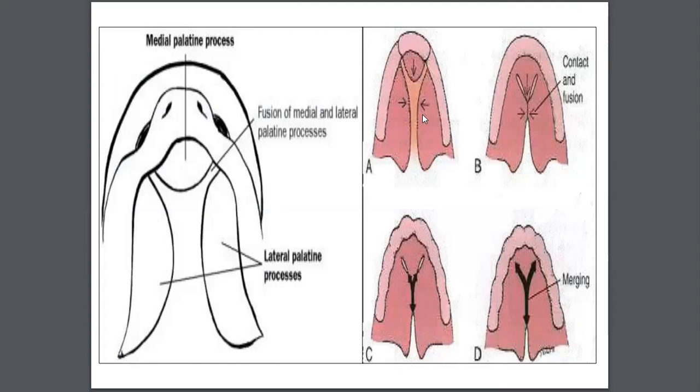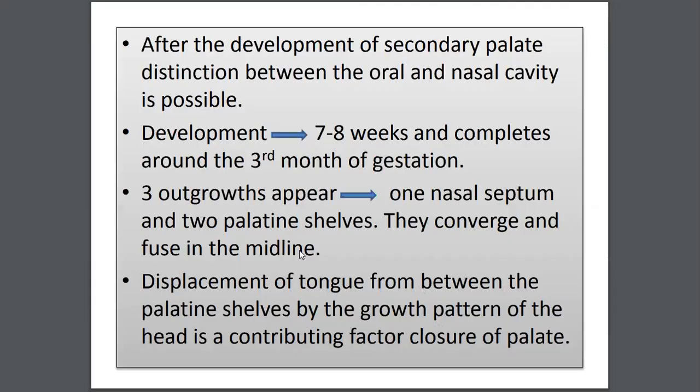These are the palatal processes which are growing towards the midline. They are fusing craniocaudally, and complete fusion takes place. This triangular area is the primary palate, or the premaxillary area, where we have the incisor teeth. These palatal processes have come from the maxillary processes, and if they do not merge completely, it will lead to cleft palate. Different degrees of cleft palate we will be seeing.